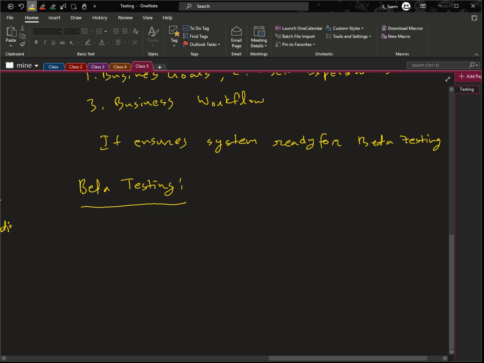So what is beta testing? Beta testing is a process conducted before the official release of a software product. It involves a select group of external users testing the software in a real-world environment. These testers provide feedback to ensure the software is functional, user-friendly, and meets the expectations of end users. There are some key features in beta testing, like